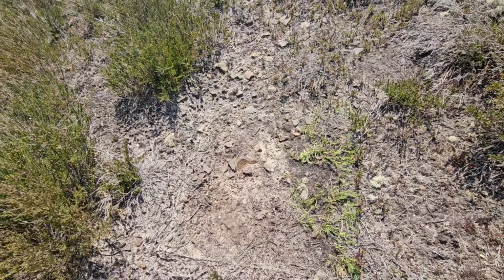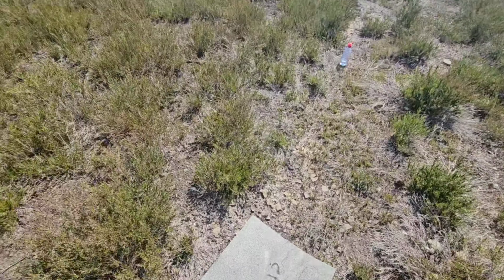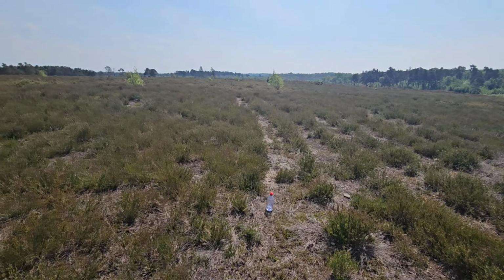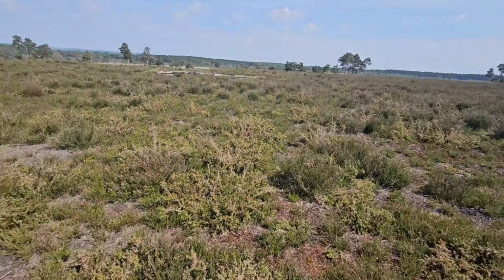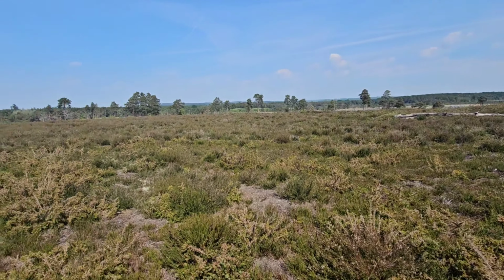We found nothing underneath that one, but we found one, which means there's going to be more around. So let's see what we can find. I gotta stop saying let's see what we can find. I come up with different catchphrases as well. So I can't find any more felts or tins or anything at the moment. I'm just going to head over to that dead tree over there, and then I need to venture back